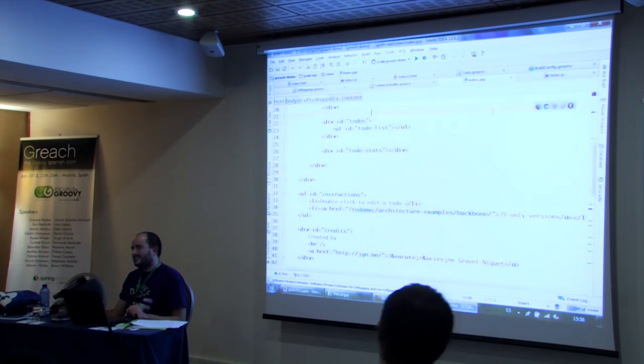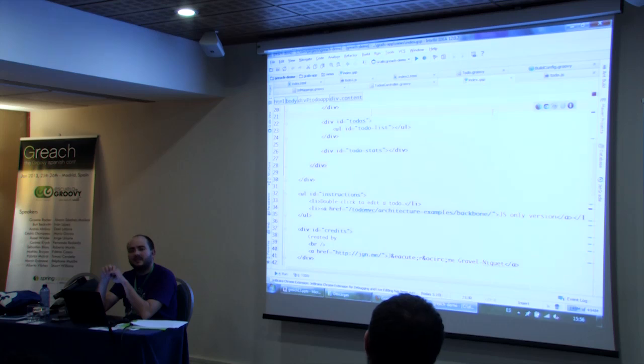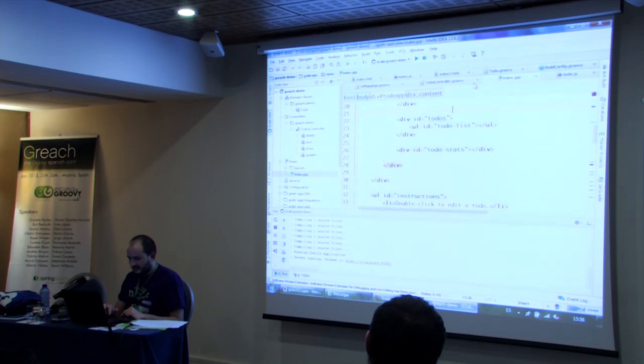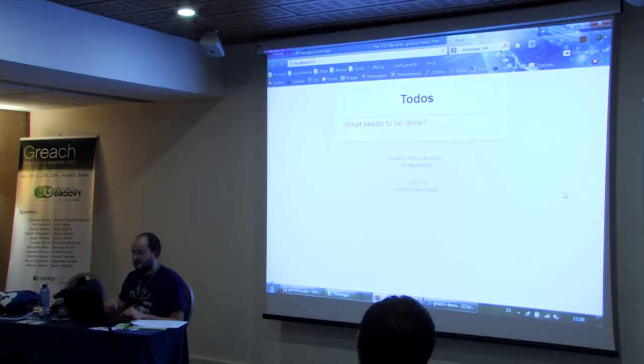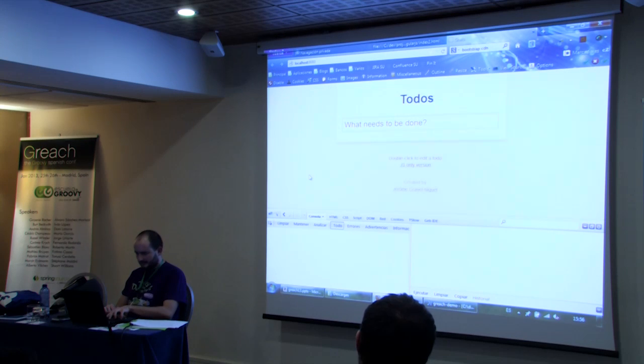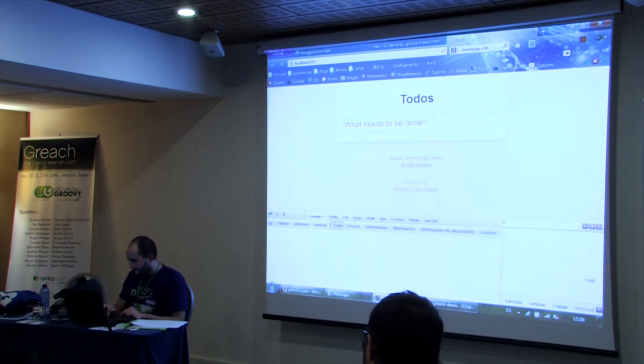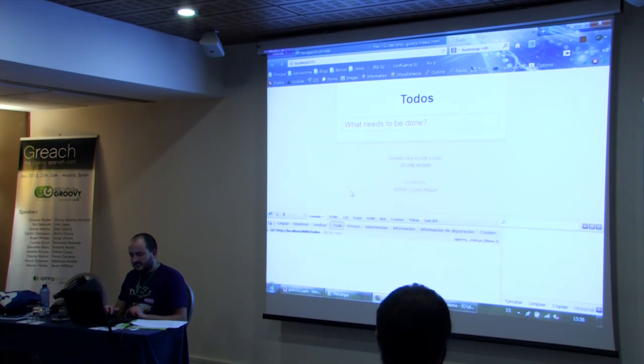Well, the way Backbone works is slightly different from Angular. Here we have more JavaScript code, unfortunately. Let me show how the application works. I'm going to demonstrate it showing the Fireball console. The first thing we should see, if I refresh the page, is